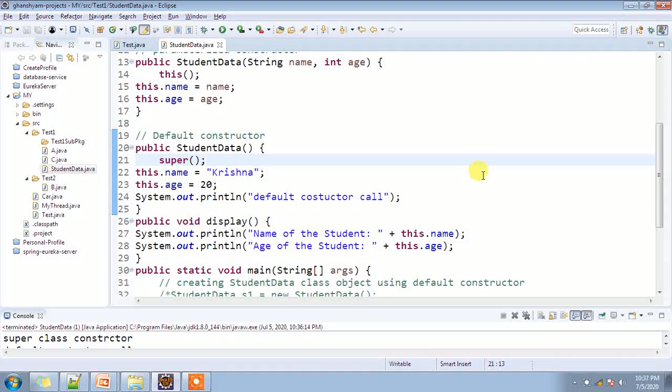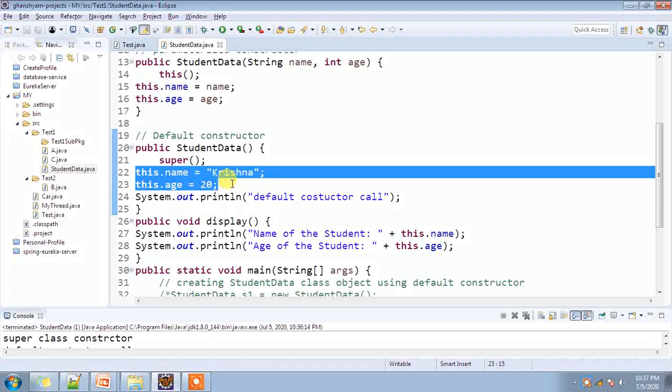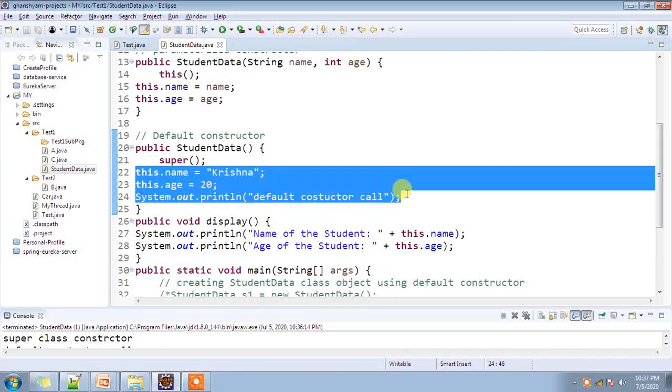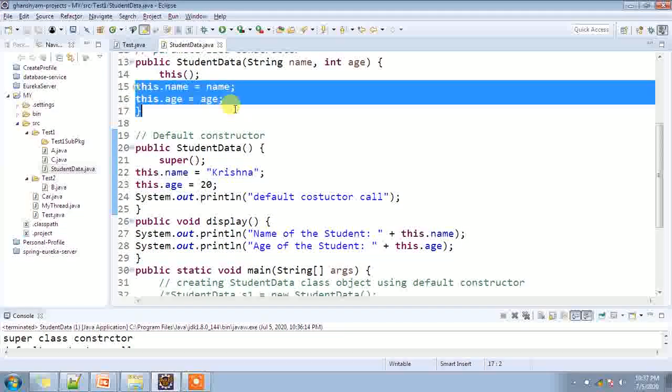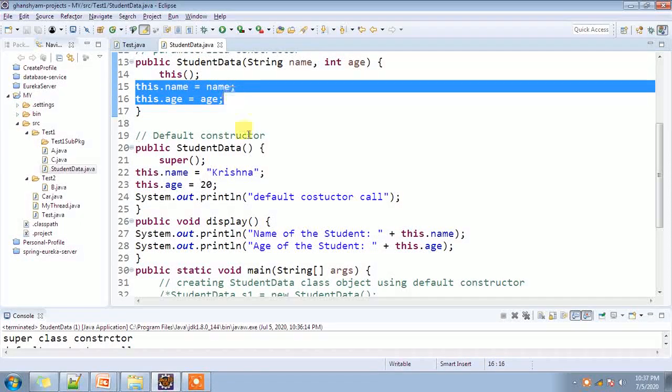Then control returns to the default constructor, assigns the values and executes the statement, and then calls the display method, which prints the name and age. So this is the flow of this and super, calling the default constructor and parameterized constructor of a class.